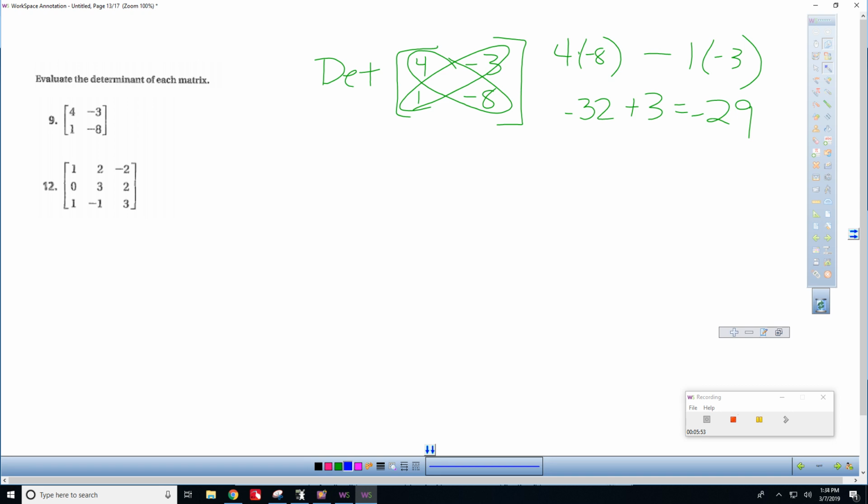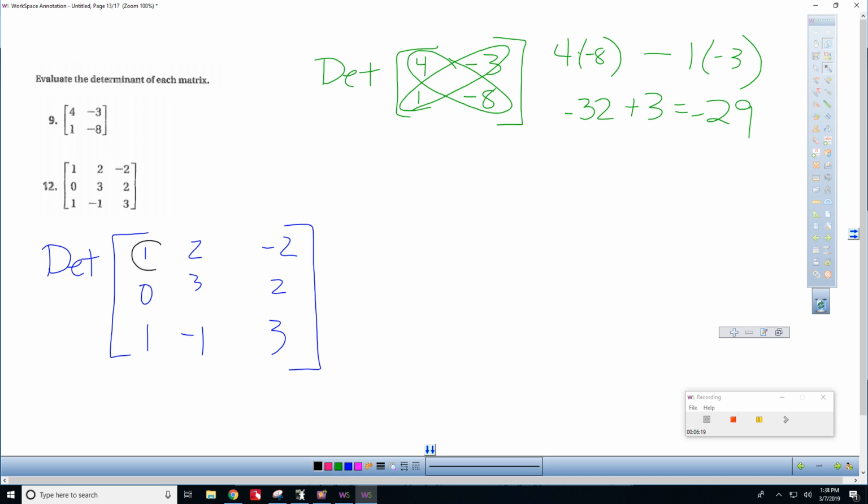So here's how you do this. The determinant of this thing, you take this number and multiply it by the determinant of this. So 1 times 3, 2, -1, 3. Okay? And then you add,